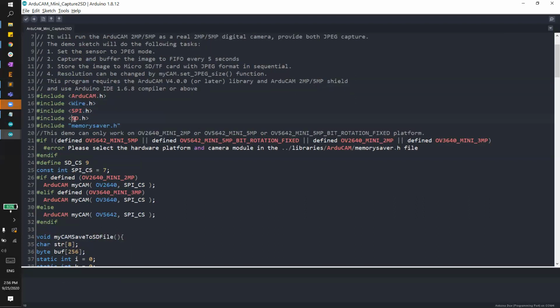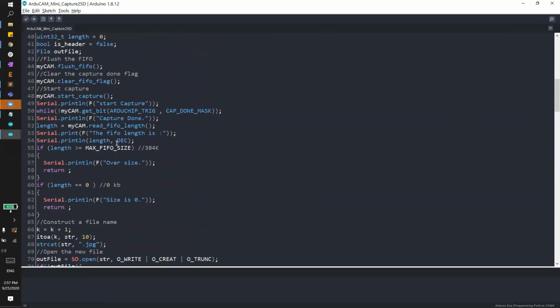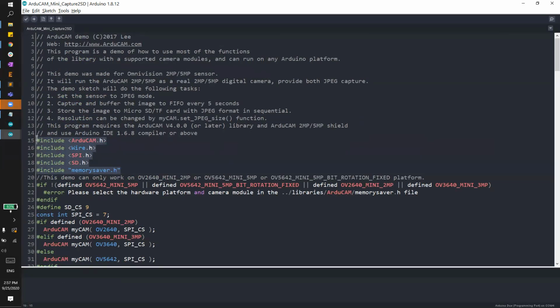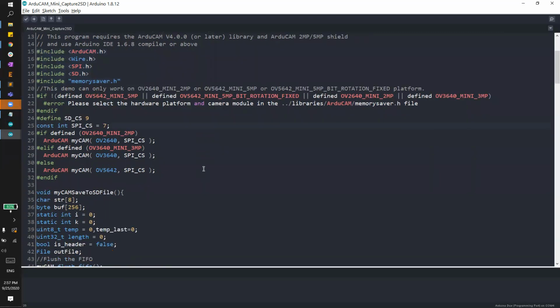And then they have an SD.h file, and that's just so we can use functions that they've written so we can use an SD card, and they just facilitate the process for that stuff. Now, there's 2 other files, the arducam.h file and the memory.h file, and ArduCam wrote those. In order to make this whole code work, they're referencing these 5 files, which have a lot of functions and definitions in them that get tedious, but in this code, we can simply call something like